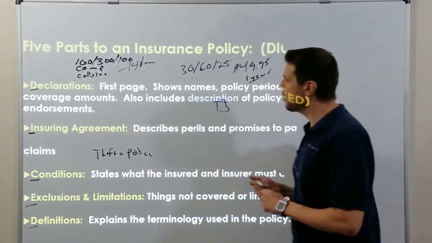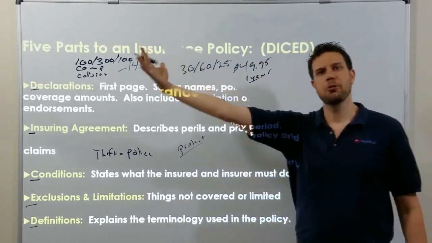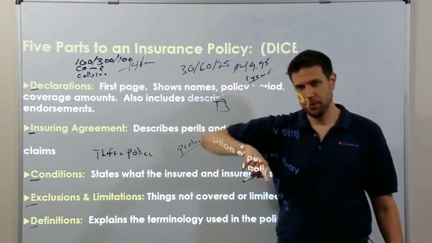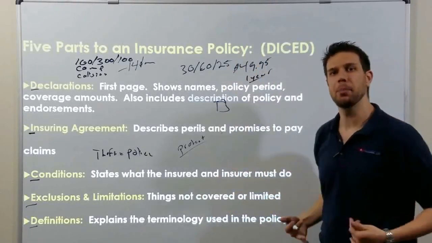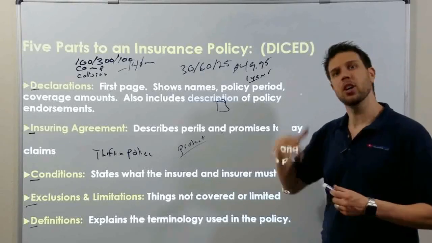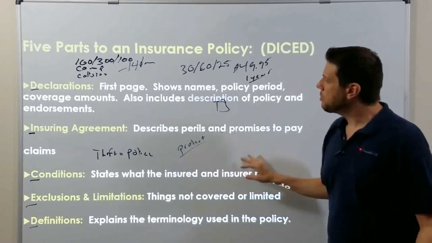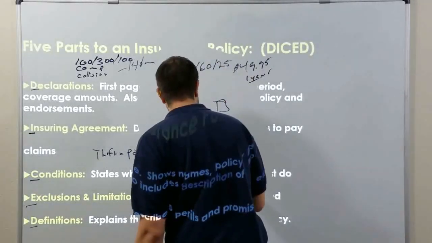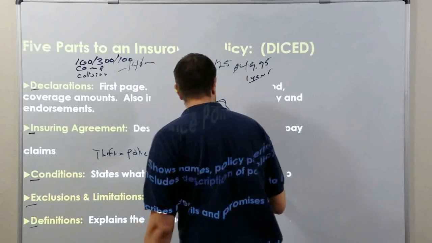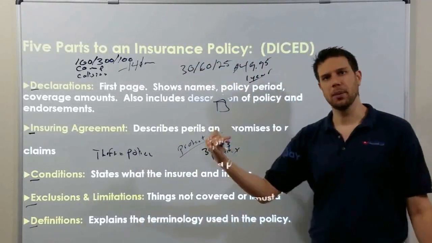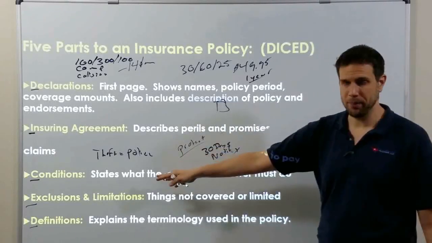You also have to protect your property. So for example, if a tree falls into your house and makes a hole, you have to go and get a tarp and cover up the hole. That way more rain doesn't come into the house. If you don't know how to do it, you can call a contractor and they'll come put the tarp up. Your insurance policy will pay that. The conditions part of the policy states that you have 30 days to notify the insurance company when you have a claim. So you have to call up the insurance company, you have to cooperate with the insurance company. You must notify them when you have a claim.